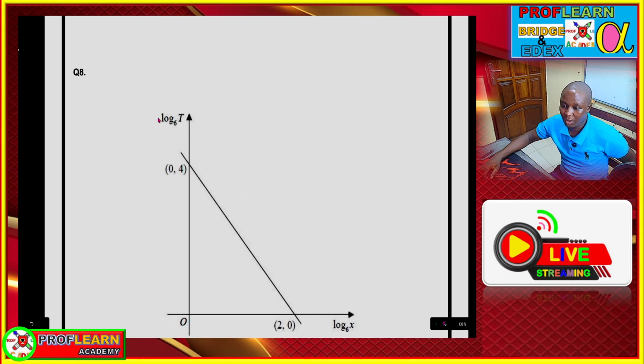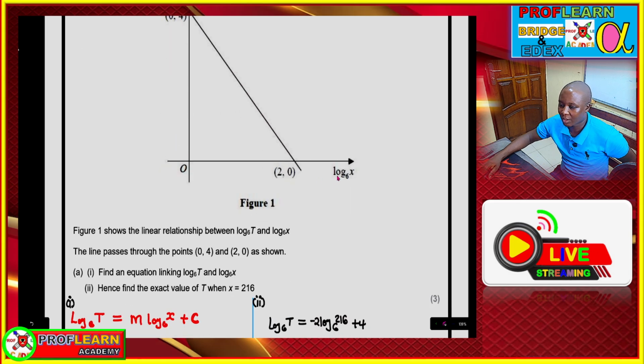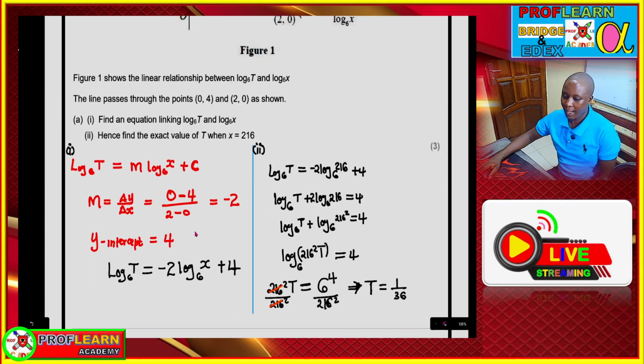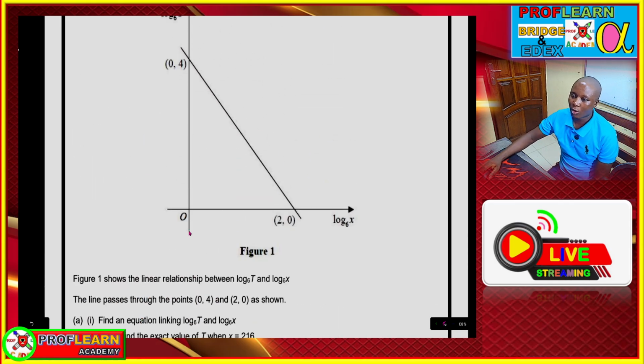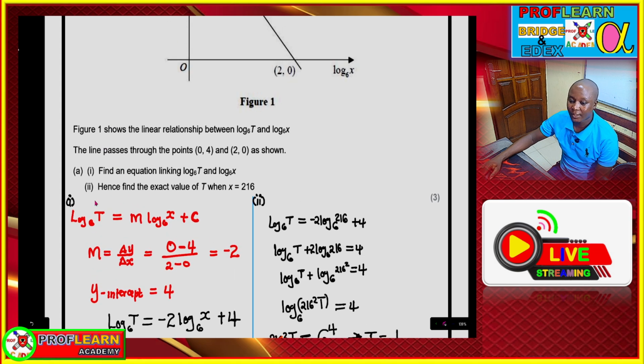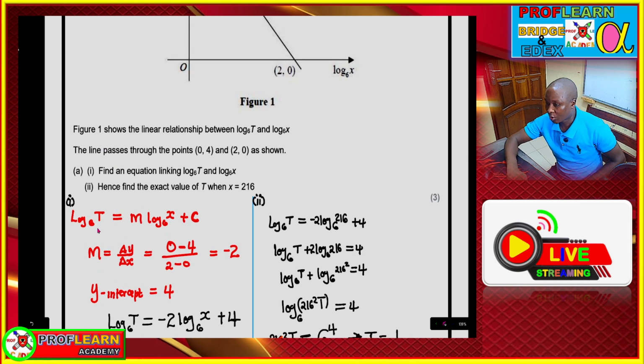Since log t base 6 was plotted against log x base 6, a straight line will be log t equals m log x base 6 plus c. The reason I'm saying that is because this is a straight line. It has to be in the form y equals mx plus c. So this equation is a straight line. It can be written in the form